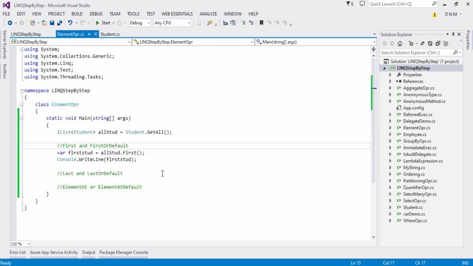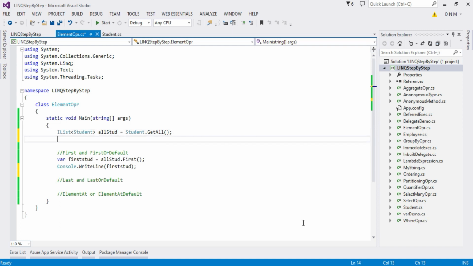Here I'll create one blank collection, with no values in it. We can create an empty array, or an empty list also.